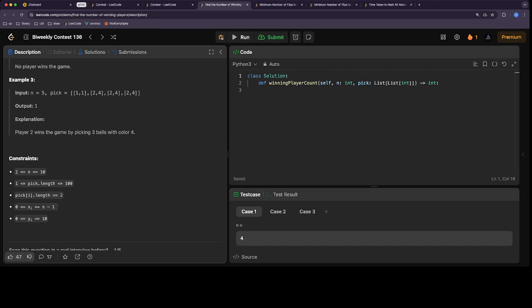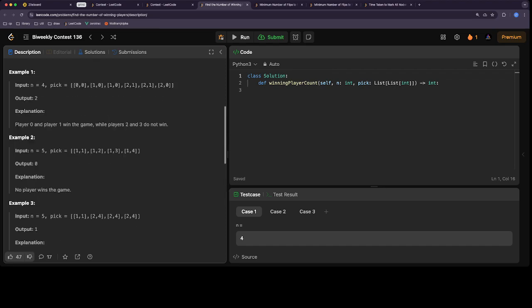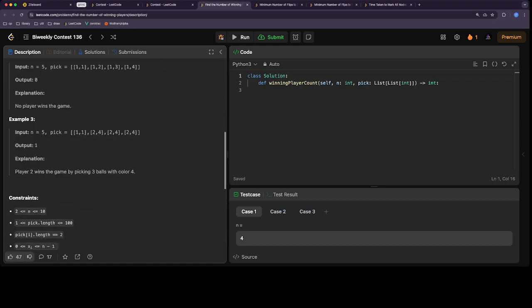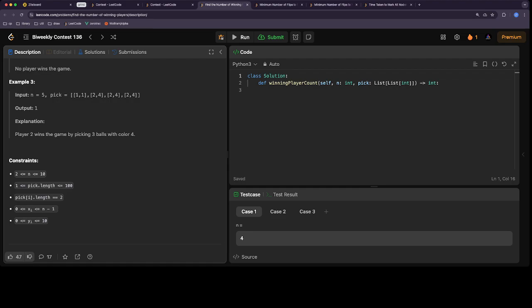And then the number of pickups of balls is up to 100. So as usual with an easy problem, those constraints are pretty small, so we can just do some brute force. So we can go over each player, right? And then we want to count how many